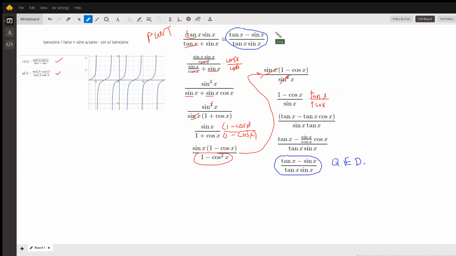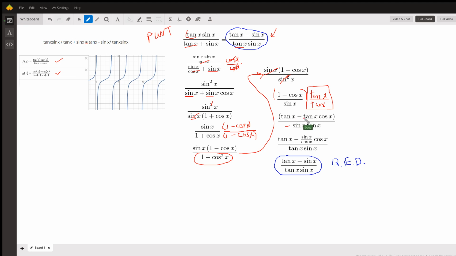But then I took a look at what I'm trying to end up with and noticed that what I'm missing in the denominator is a tangent of x. So I multiplied top and bottom by tangent of x, and my denominators match, and I cross my fingers, do the numerators match. So tangent of x distributed over this binomial in the numerator gives me this. My denominator matches now, and